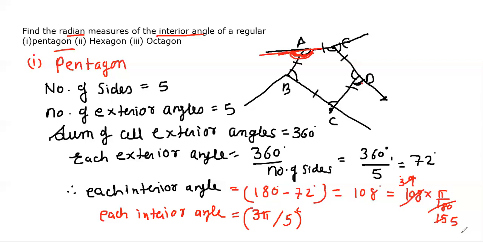Taking the next slide. Now this time it is the hexagon. I'm teaching you how to find each interior angle of a hexagon. So you know, how many sides does a hexagon have? I will write the solution here. Wait a second, I'll take another color. How many sides in a hexagon, beta? 6 sides. Please remember this. Hexagon means 6 sides, octagon means 8. Hexa is 6, penta is 5.